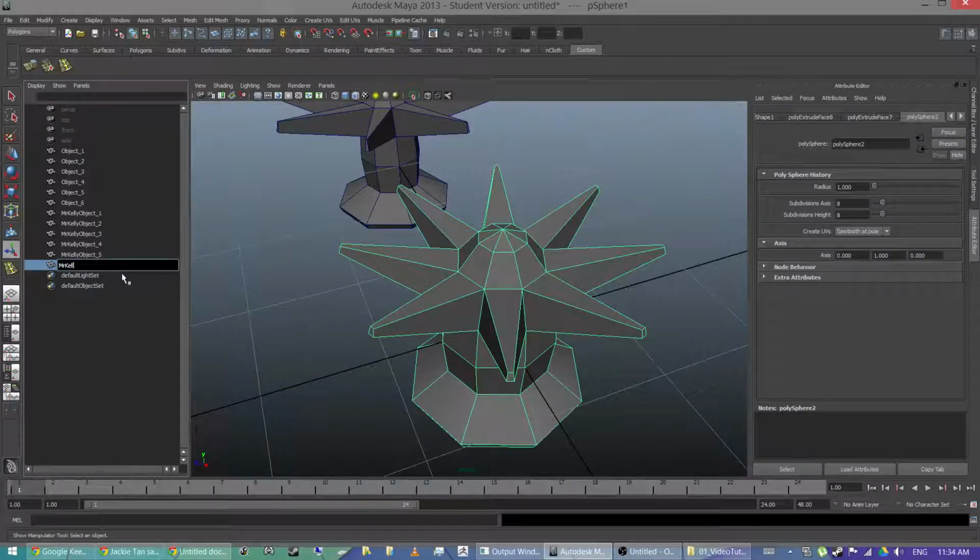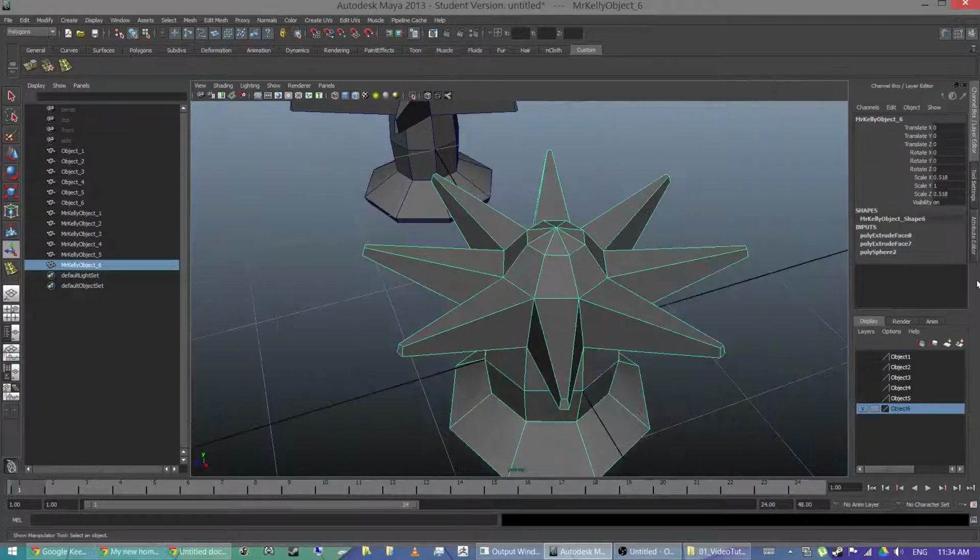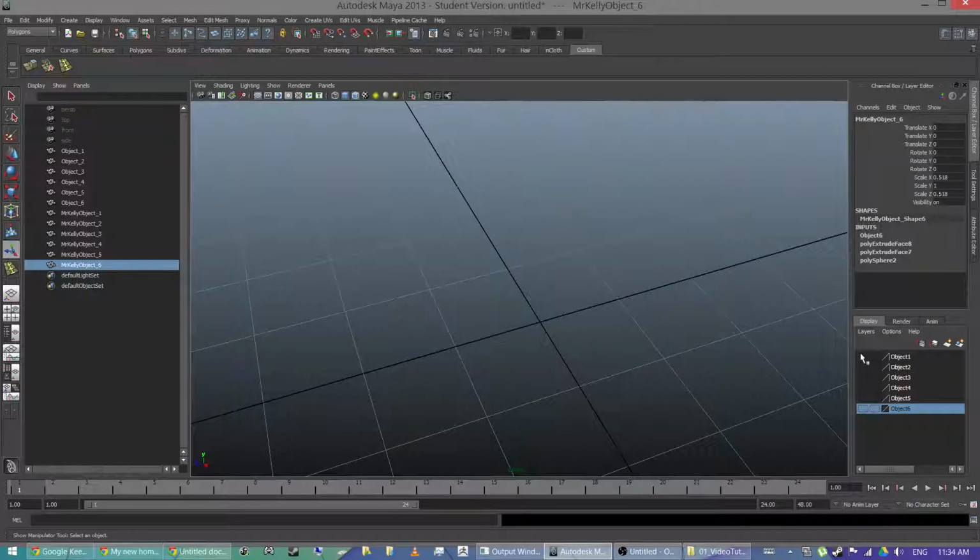Mr. Kelly, object 6. So you'll put your name where I put Mr. Kelly. And I will add that to object 6 layer. So now I have 6 different layers with all the objects I made,